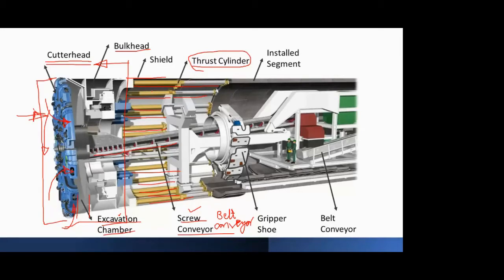In that case, as I told you in one of the advantages in the introduction of TBM, there is no need of creating a separate concrete lining for your TBM constructed tunnels. The reason is that the excavation is going on and simultaneously the TBM is moving ahead. Along with this, one more process is going on simultaneously, that is installing segments. Now these segments are nothing but, if you see over here, these are curve shaped segments.